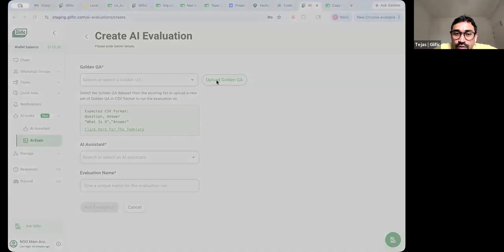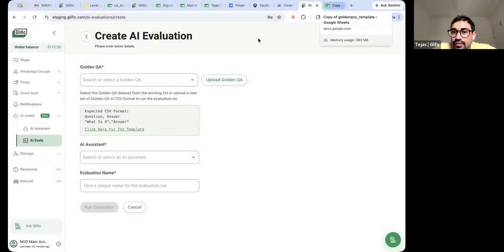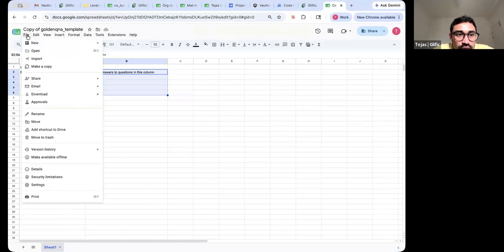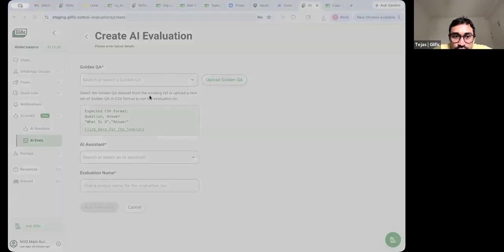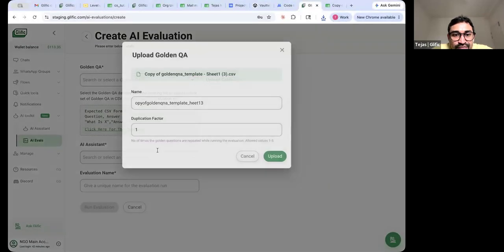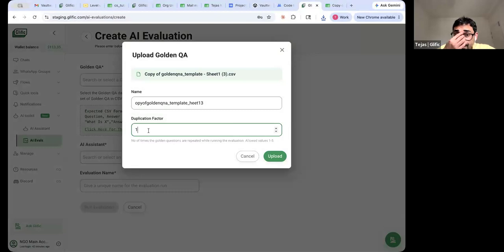Coming to the point of the duplication factor. Let me just try uploading a golden question and answer. Let's say I download this as CSV. This is obviously a dummy file right now. I can choose to have this as the golden question and answer. And then there's a duplication factor. So, duplication factor essentially